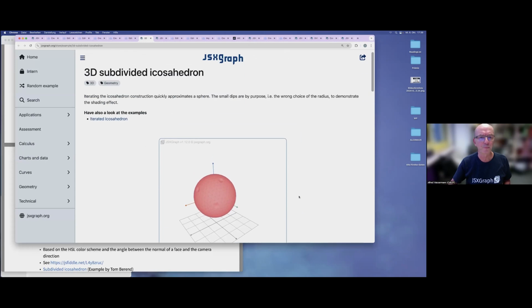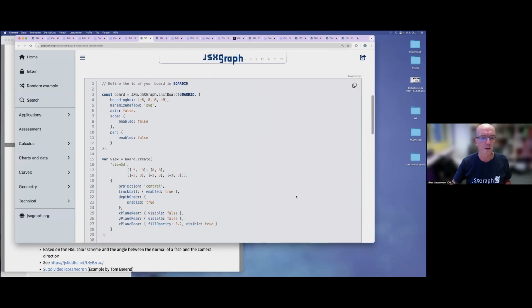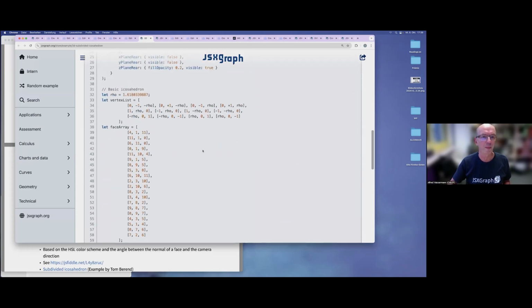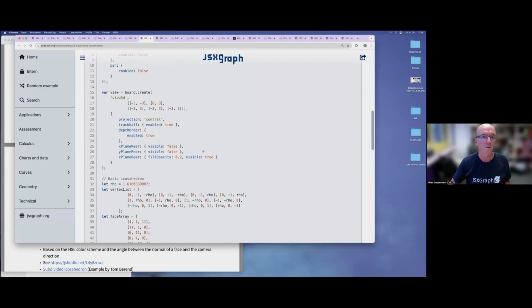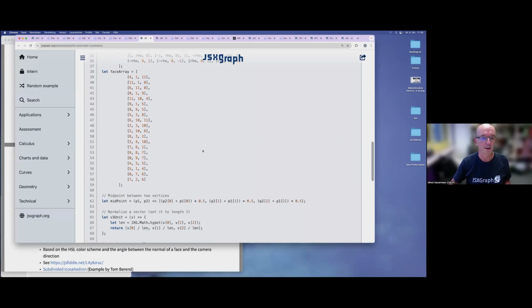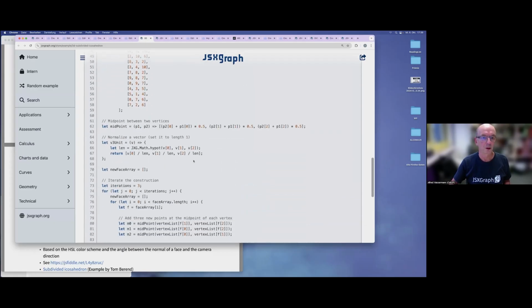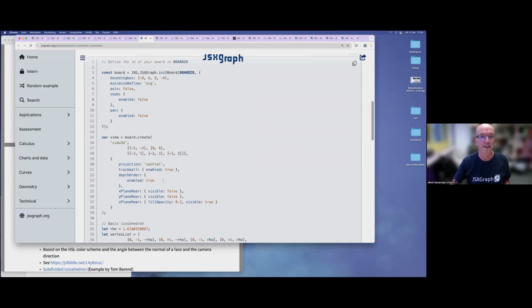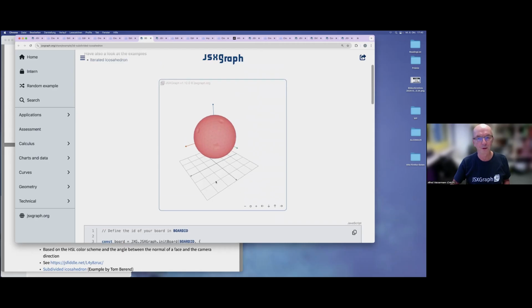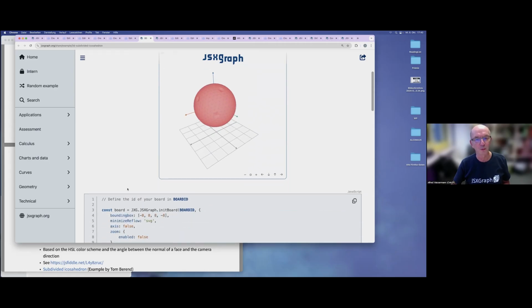Actually, this one is now iteration level 3. There are a lot of faces, if you look at it. If we lower this to 2 or 1, then it makes sense to output it,